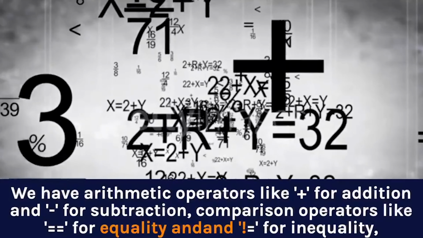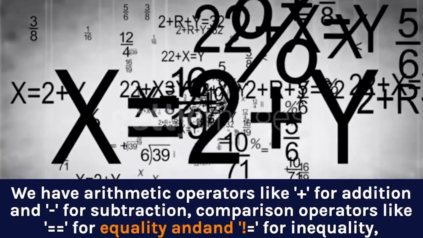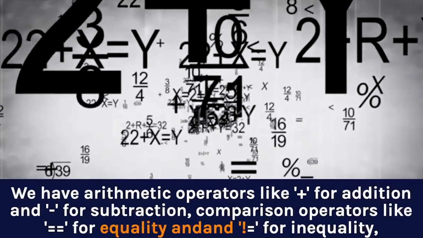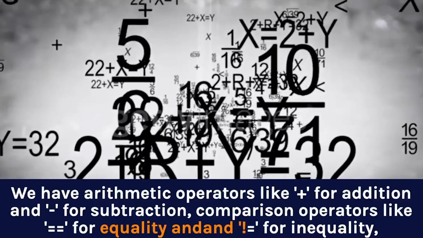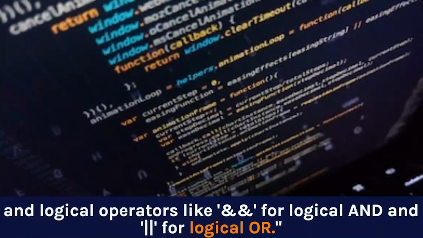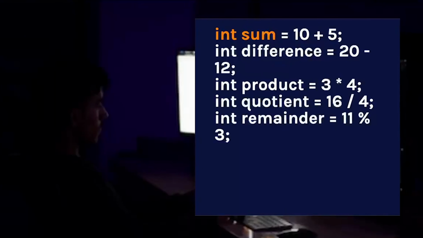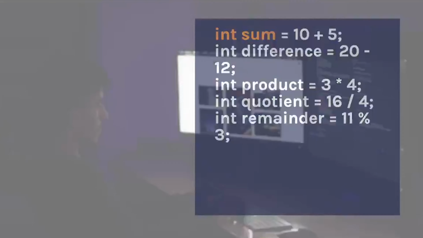We have arithmetic operators like plus for addition and minus for subtraction, comparison operators like double equals for equality and not equals for inequality, and logical operators like AND for logical AND and OR for logical OR. int sum = 10 + 5; int difference = 20 - 12; int product = 3 * 4; int quotient = 16 / 4; int remainder = 11 % 3;